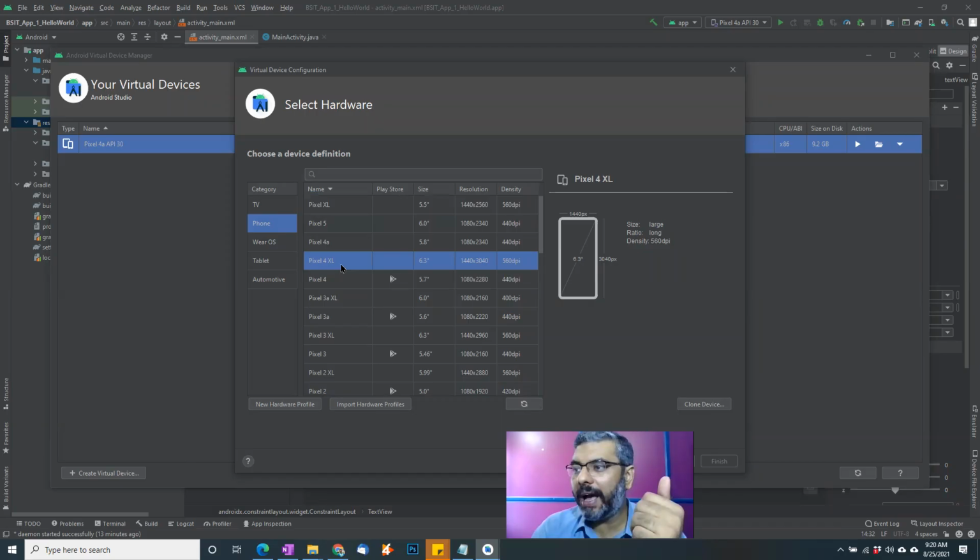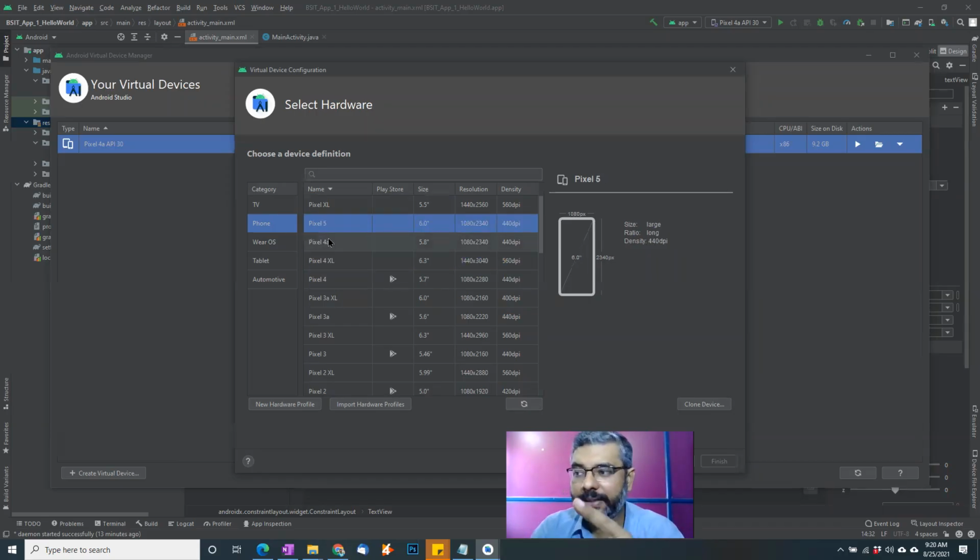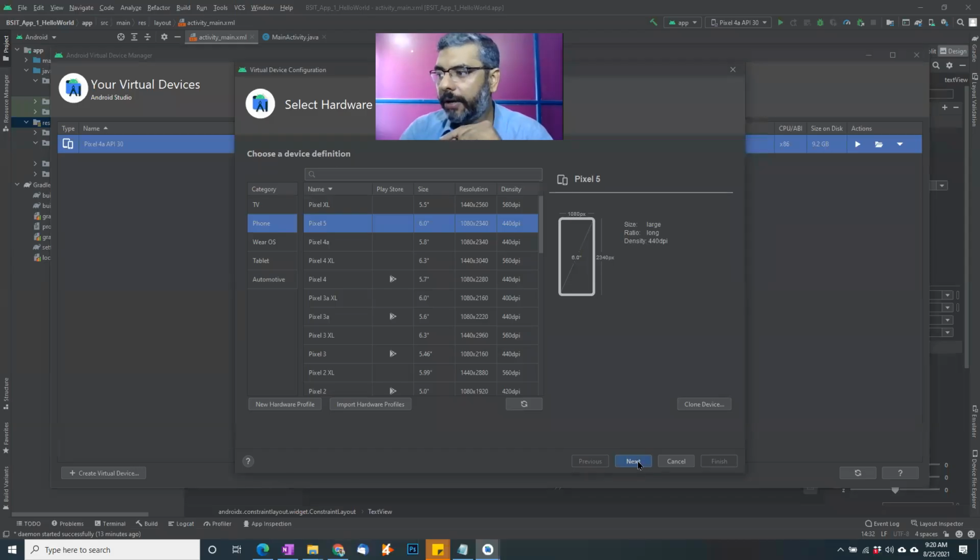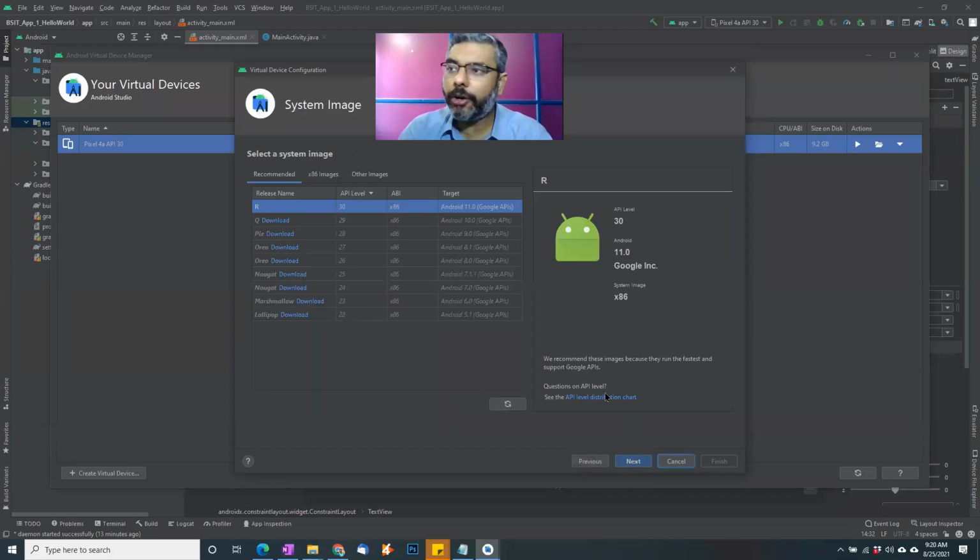Okay, so for example, I have already installed Pixel 4a. If I need to install Pixel 4 XL, or for example Pixel 5, I will select that particular mobile. I will jump this window away, click on the next. As soon as I click on the next, it will say that this particular mobile is supporting all these different versions of your API. Okay, the least it supports is called 22 Android Lollipop 5.1. Okay, so I need to download it and I need to install it. So you will click on this download button, it will go on the internet.